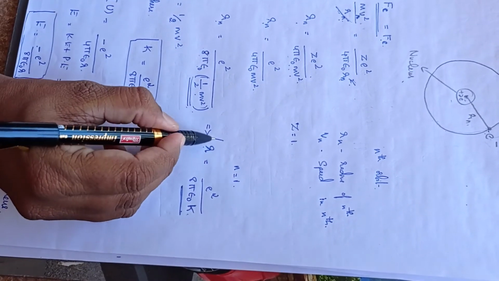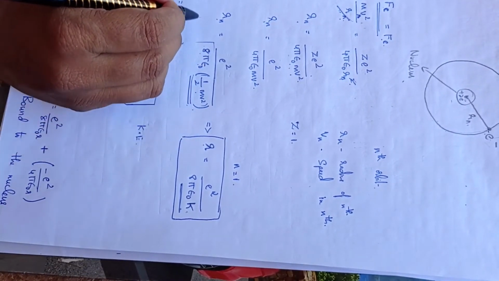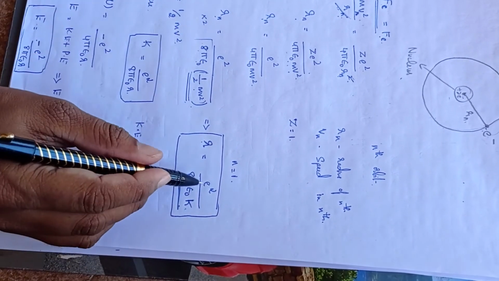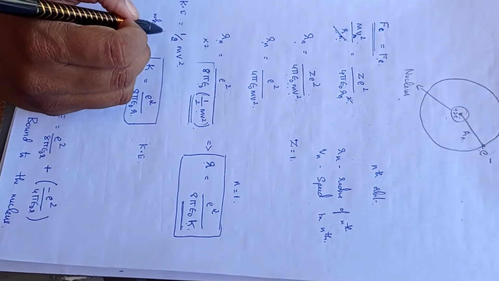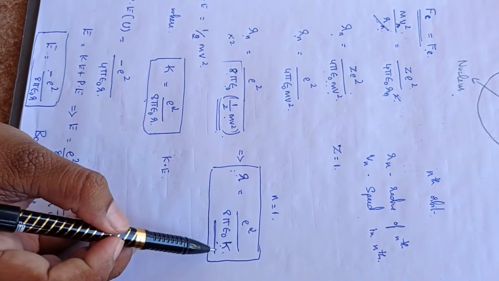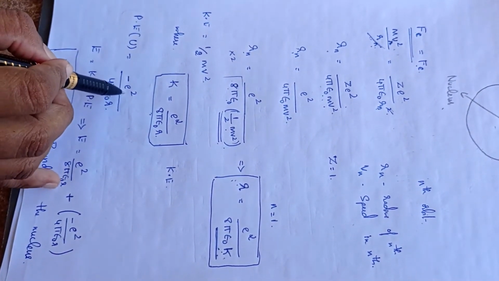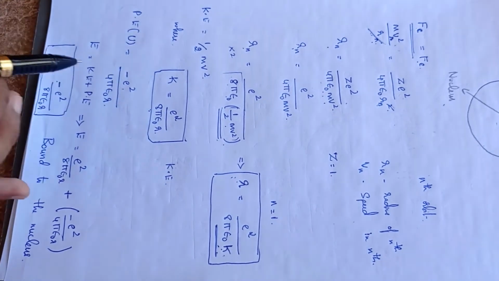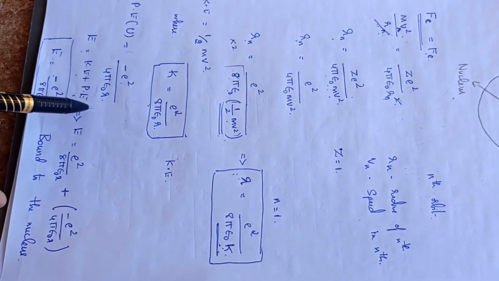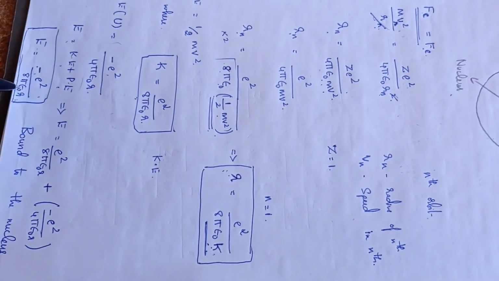So, we will arrive at the expression R is equal to e square by 8 pi epsilon naught K. In this case, I have multiplied and divided by 2. That gives this expression finally. Here K is nothing but kinetic energy. So you bring K over here and r over here, and we get the kinetic energy. We know the potential energy. Here the negative sign indicates the electrostatic force is in the opposite direction. So total energy is nothing but kinetic energy plus potential energy. Kinetic energy is this, potential energy is this. So we arrive at the expression E is equal to minus e square by 8 pi epsilon naught r.